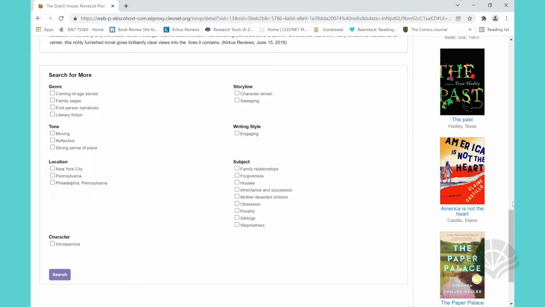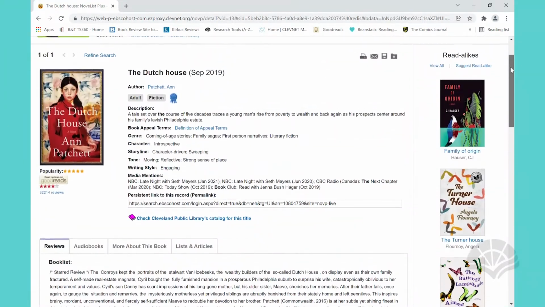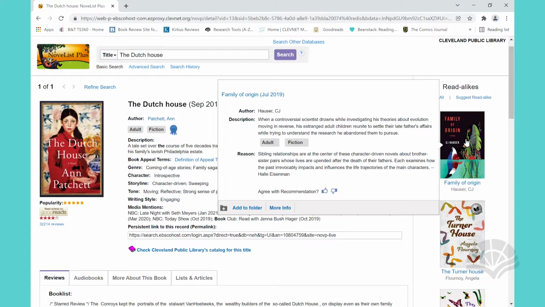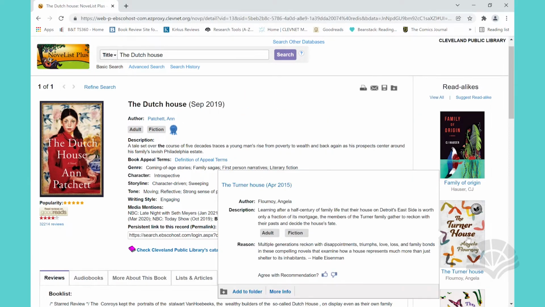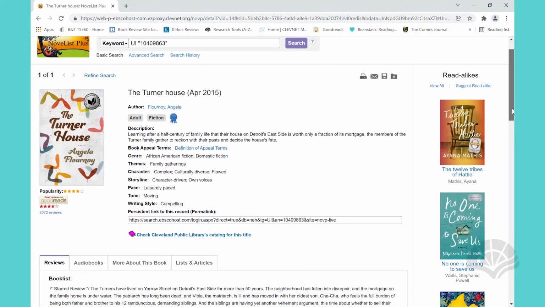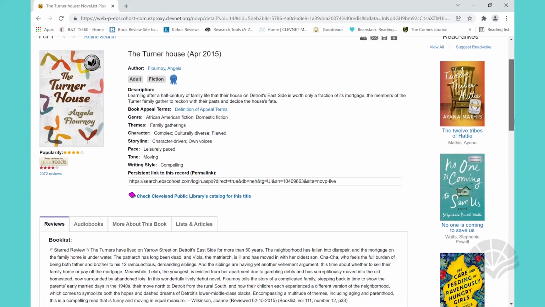In addition, you'll also see to the right on any book title page, suggested read-alikes for this title. If you hover your mouse, you'll be able to see a short description of this recommendation, as well as why, under reason, this book is suggested as a read-alike to The Dutch House. If you're interested in one of these books, you can click on the title or the image of the book, and it will jump to that title. And again, you'll see the same listings, including book appeal terms